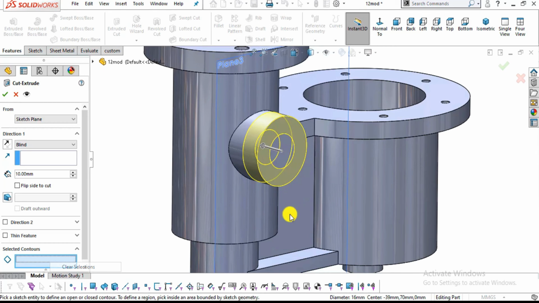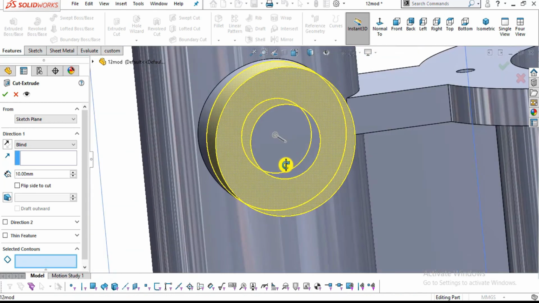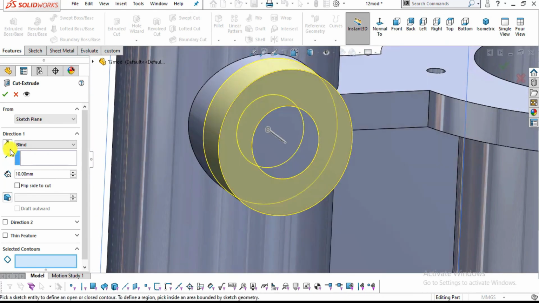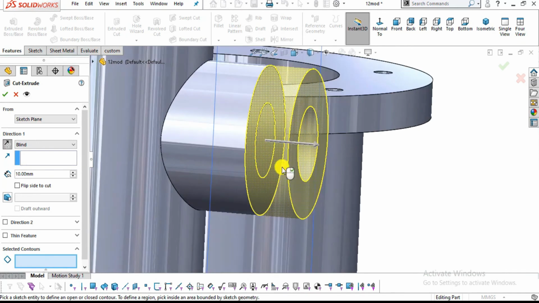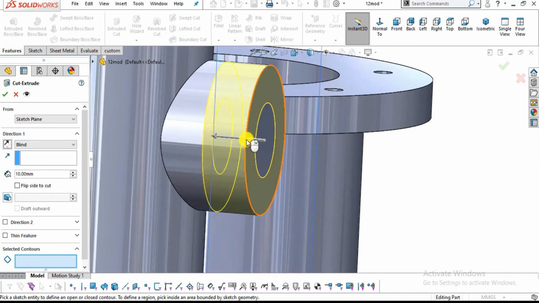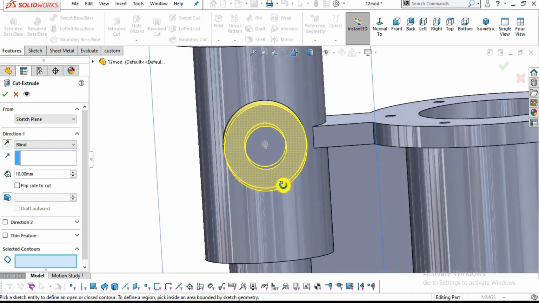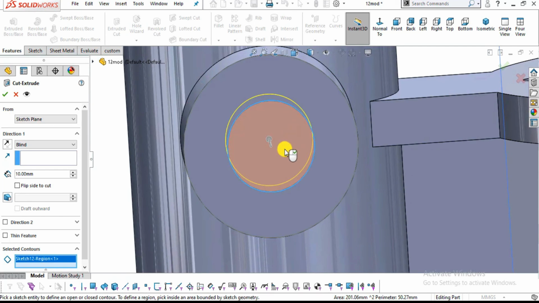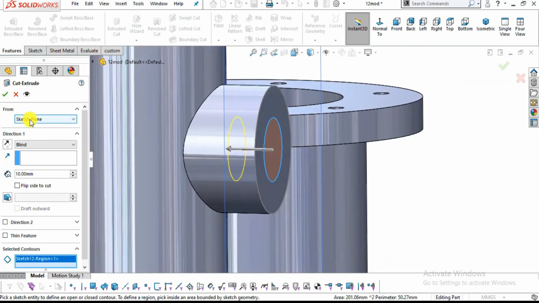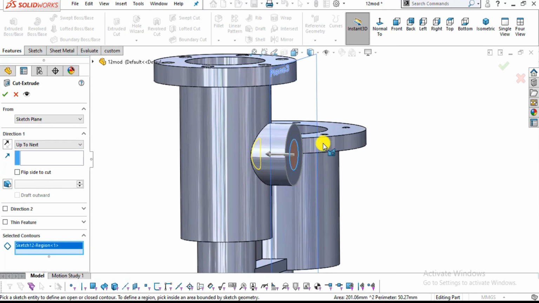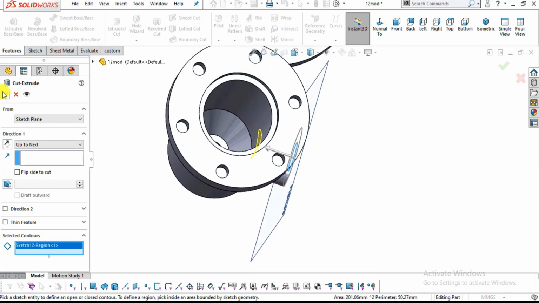Let me clear the selection and select this one again. Direction will be opposite. Now select up to the surface or up to next. Select up to next and click OK.